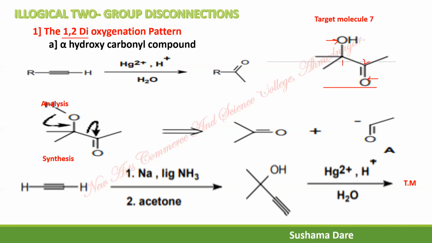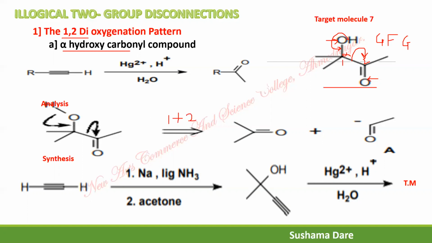Among that, next to this carbonyl group is the alpha carbon. So the more detailed relation is alpha hydroxycarbonyl compound. Whenever you have an alpha hydroxycarbonyl compound, this hydroxy group acts as a guiding functional group. Guiding functional group means it tells you to start the disconnection from it. So you disconnect the bond between the oxygen and the carbon in the direction of the carbonyl group. So you disconnect the bond 1,2. After this disconnection, write down on the arrow that you are going to disconnect the bond 1,2.